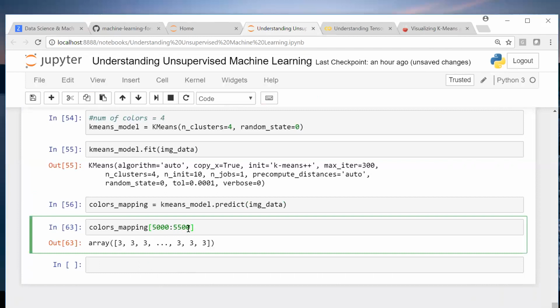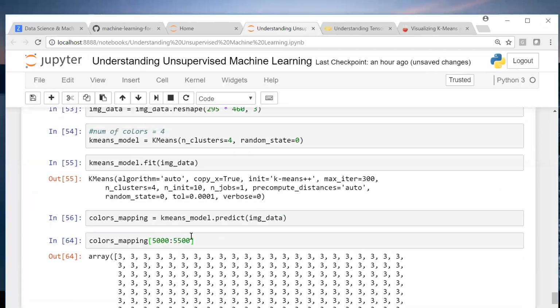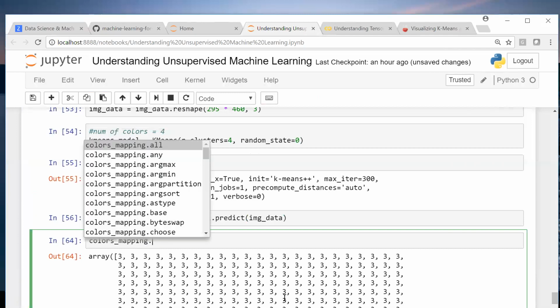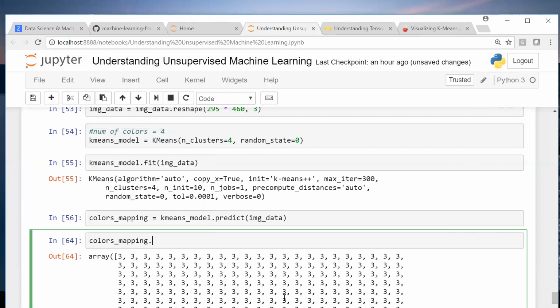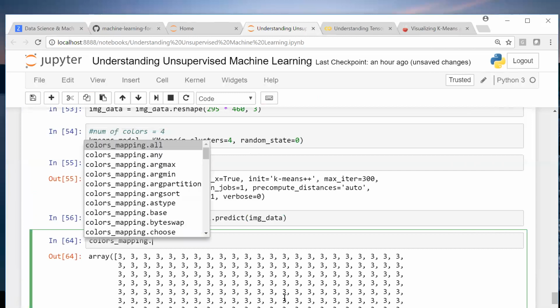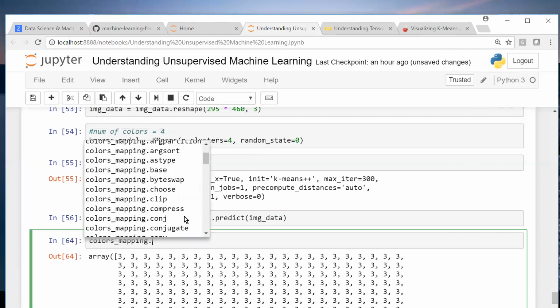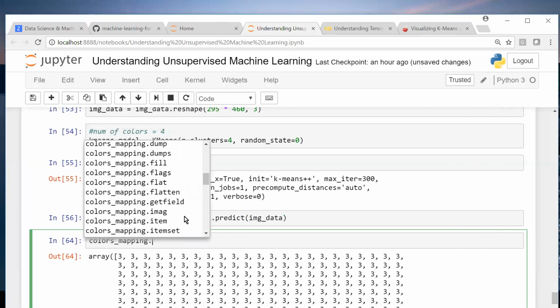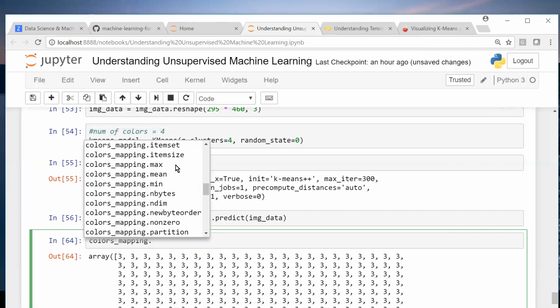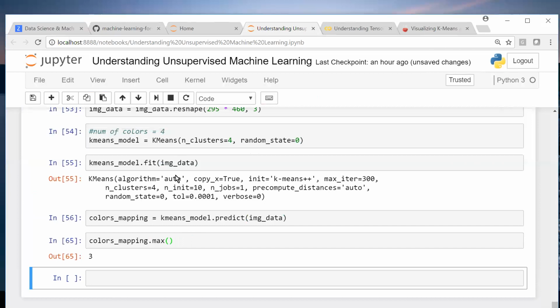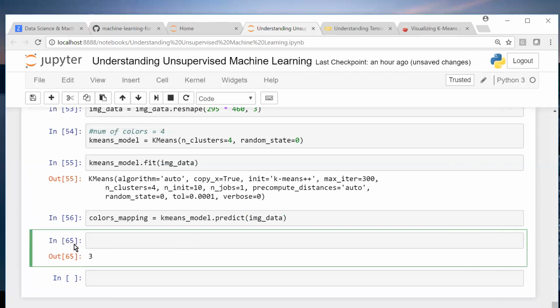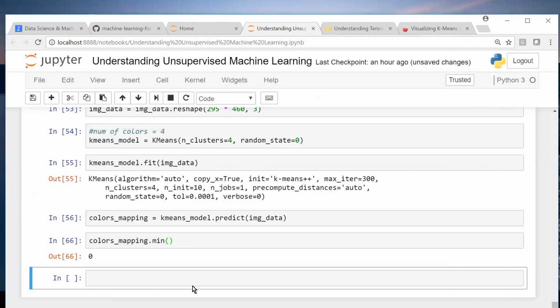Let's predict on image data. Oh, 3 will of course be higher, right? Those other values are here actually, we just are not able to find them.